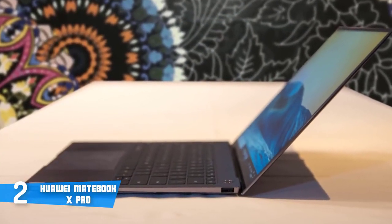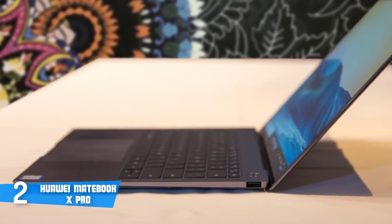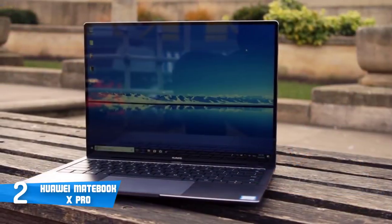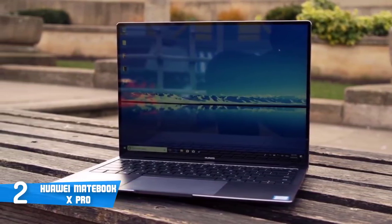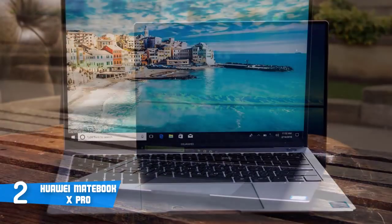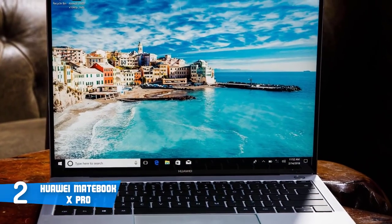This particular model is armed with an Intel Core i5 processor, has 8GB of RAM and 256GB SSD, which means you can have dozens of apps running at the same time without noticing even a slight difference in terms of performance. Another great thing about this laptop is its 13-inch 2K IPS display that's accompanied by a 4.4mm narrow bezel